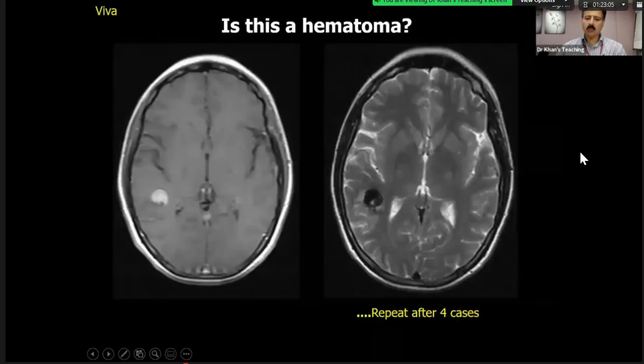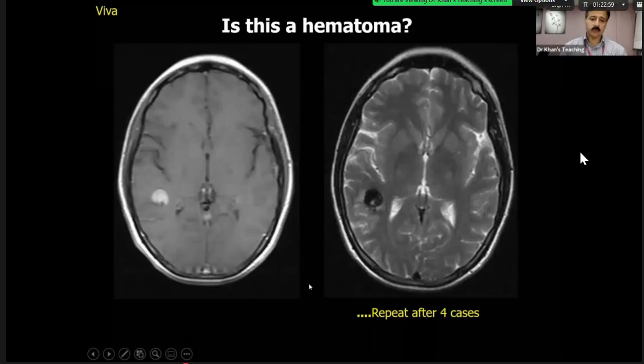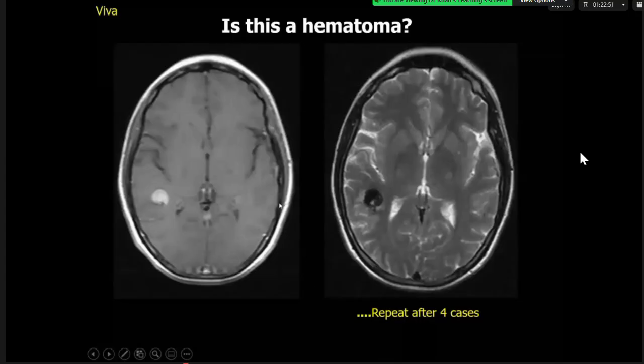Okay, now we will go into hemorrhage, signals of hemorrhage. So candidate 4. On this, first of all, I've got the PD sequence. Excuse me, you are saying this is a PD sequence? This is a FLAIR sequence. Sorry. What is the white matter? White matter is white, so it's T1.